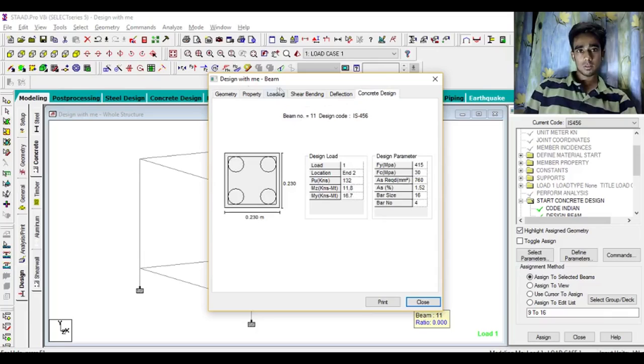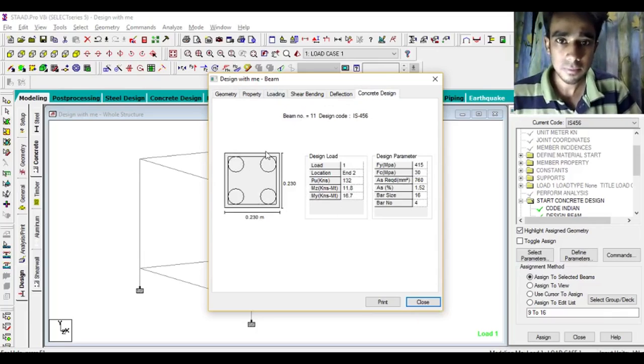Just design these columns. The column is having 4 bars. 5, 6,